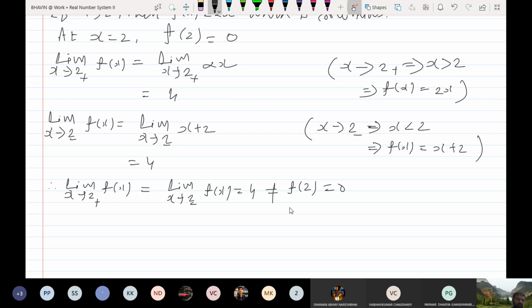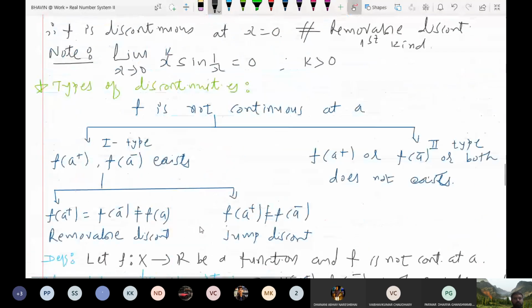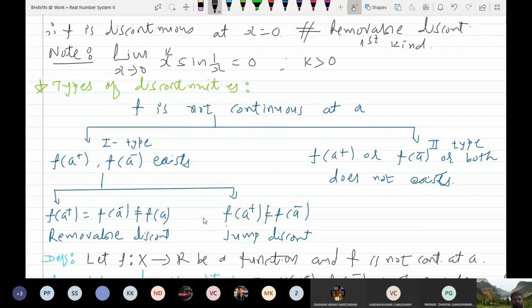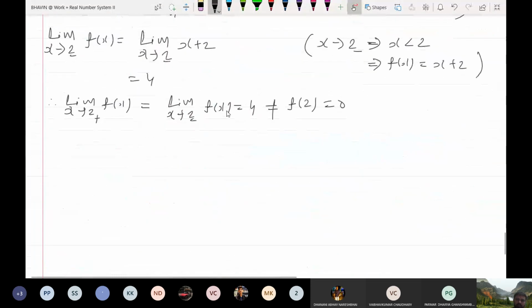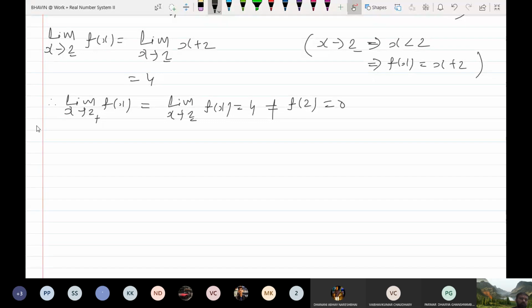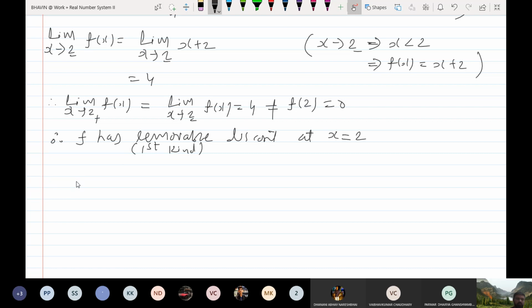देखिए ये कैसे हमारे पास आएगा, सॉरी ये जंप तो नहीं होगा, ये वाला केस है। अभी तो क्योंकि मैंने एफ ऑफ 2 इवेल्यूट ही नहीं किया था ना, तो देखिए ये दोनों सेम आ रहे हैं और नॉट इक्वल टू f of 2, तो ये कैसी डिसकंटिन्यूटी बताओ अभय। रिमूवेबल। यस, removable discontinuity at x equal to 2 and a first kind, clear।